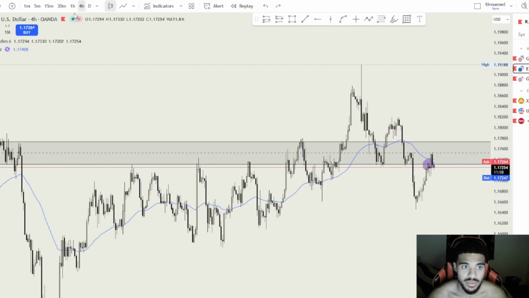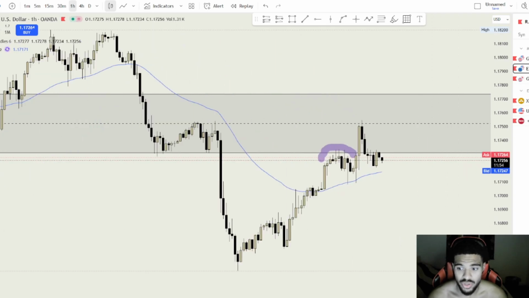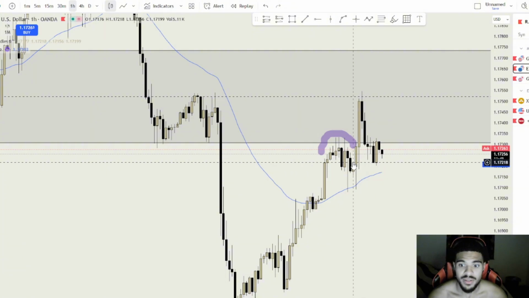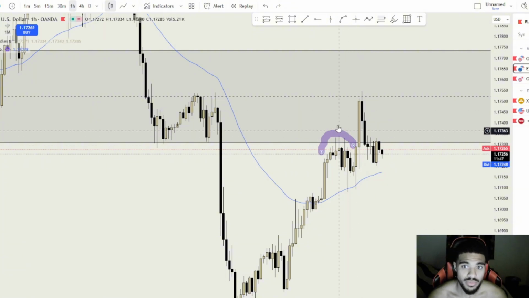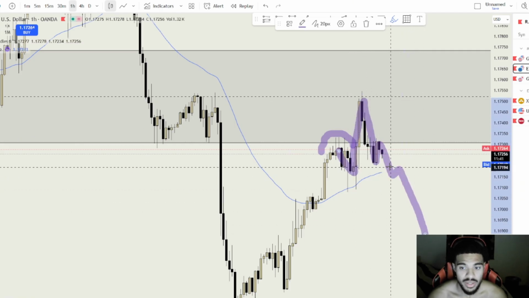Let me get rid of this. On the hourly time frame, a lot of the same. It's creating its own head and shoulders within this section here, but we got in around this area anyway. But it's creating its own head and shoulders now, which can give you even a better entry. Left shoulder, head, right shoulder. If we do get a break, something like that, or you can enter off of the right shoulder as well.